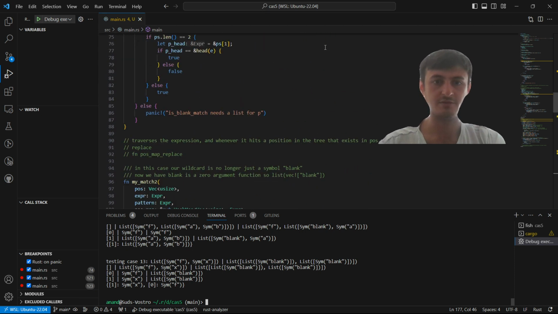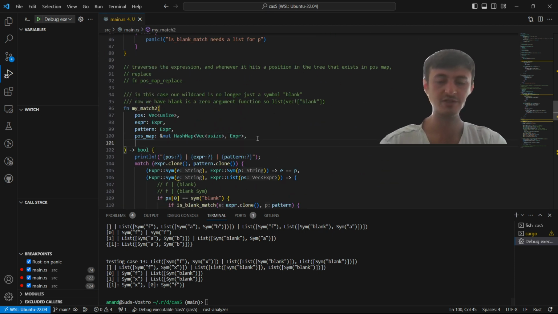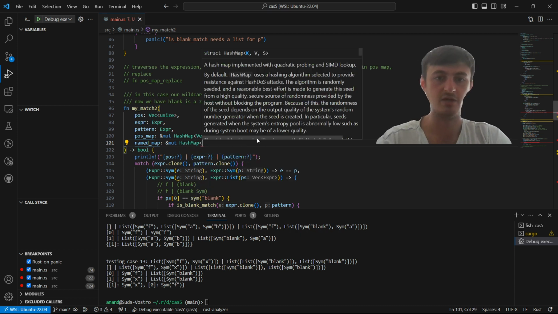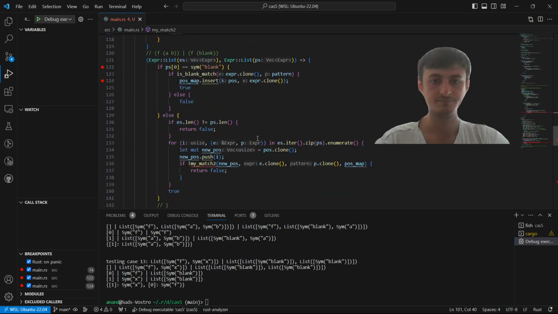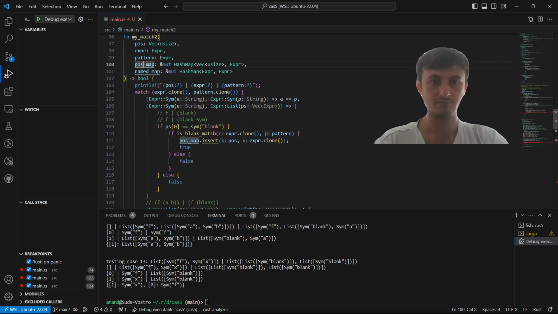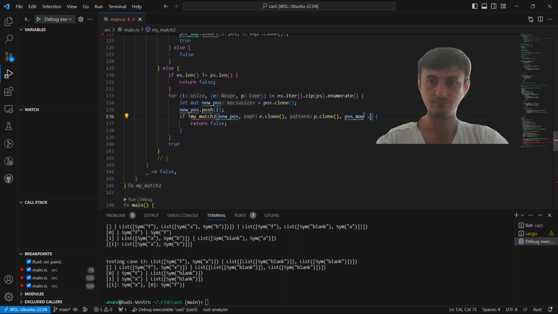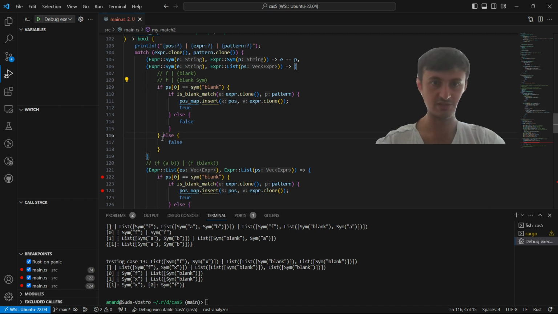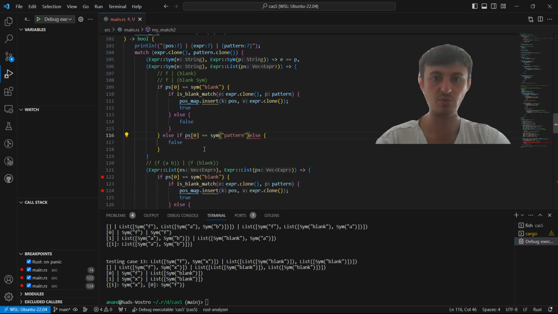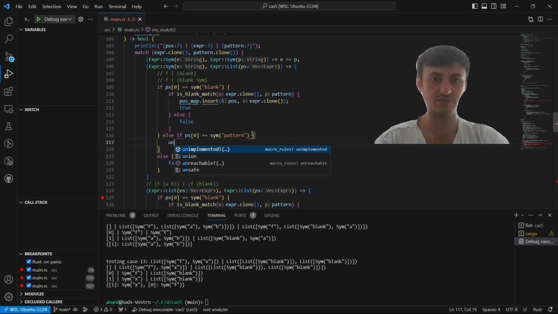Now we're going to add another thing to my match that is the named map. And this is also a mutable hash map of expr to expr. And then wherever we see these conditionals here, we also need to say else if ps0 equal to sim pattern. So what we're doing now, and say